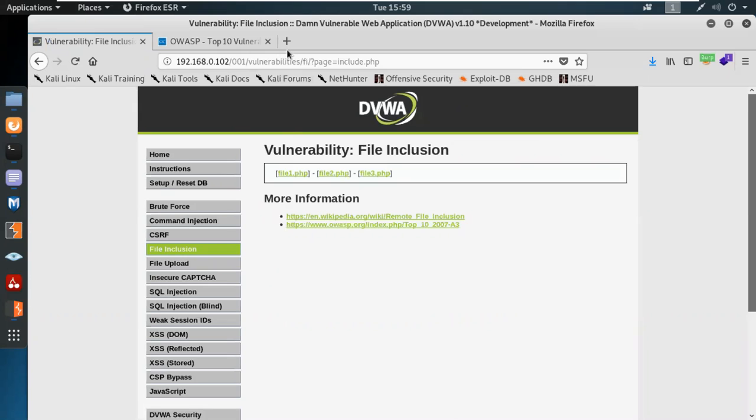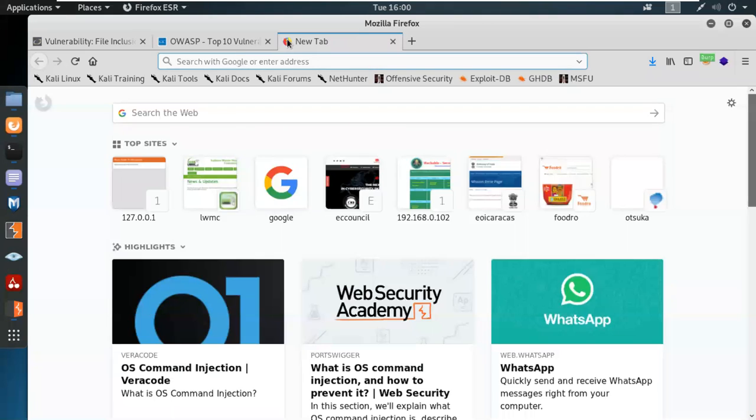So if I talk about file inclusion vulnerabilities, it is a vulnerability where an attacker can simply extract some data from the server side with the file positions. For example, you can see this question mark with the page is uploading a file, which is include.php, from the server side. If I simply give you a definition of file inclusion vulnerability,